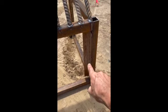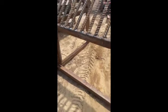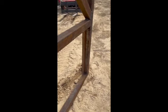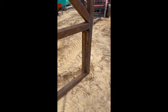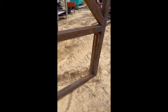Some angle iron, so I'm just going to put the 2x6, 2x8, 2x10, whatever I have, and bolt it onto the wings here. So I don't know if you can see them in the picture. Took maybe 20 minutes to cut and re-weld. It's just something so the soil doesn't come back into the good soil. Anyways,